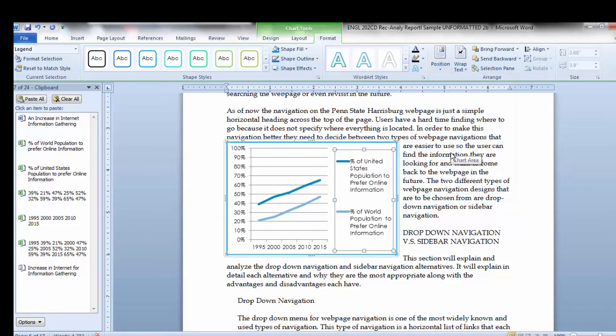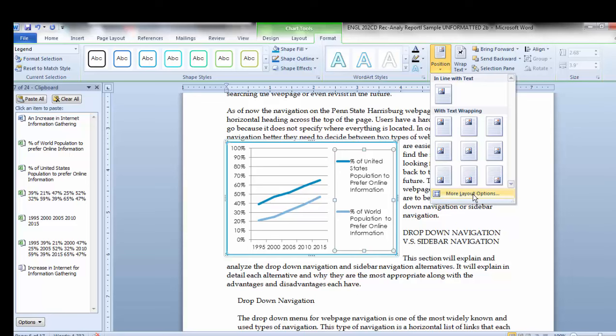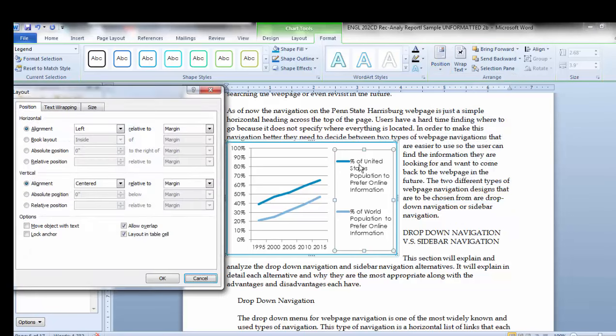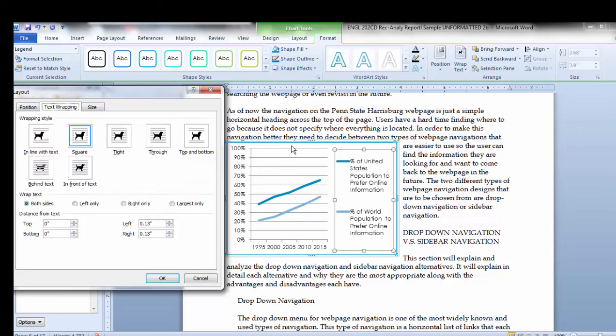I can also go in there, and if I want to, under position, I can go into more layout options and say, for instance, I can go in here and basically I don't like this where it's all tight in there. I can increase the space around